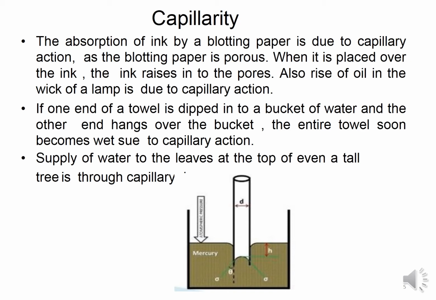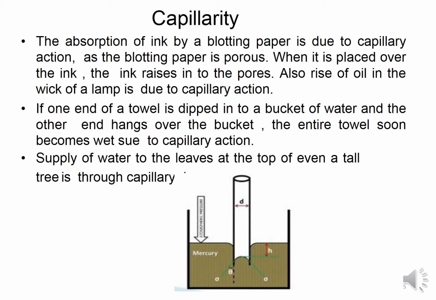Another simple example: earlier days we were using lamps when electricity went off. In that, the wick is at the top but the kerosene is at the bottom. But the kerosene is going to rise up in the wick. Wick means that small thread or whatever you are using to burn. So the rise of kerosene happens by capillary action.